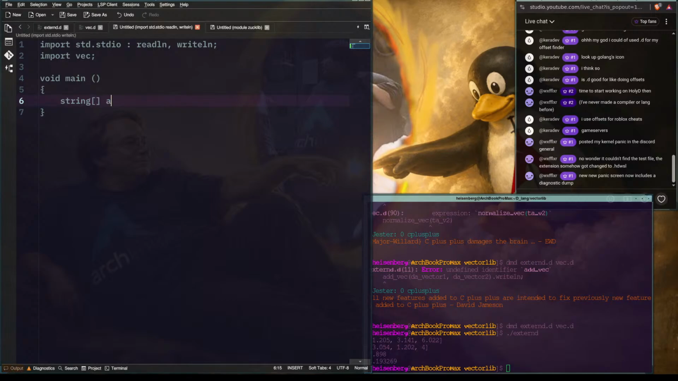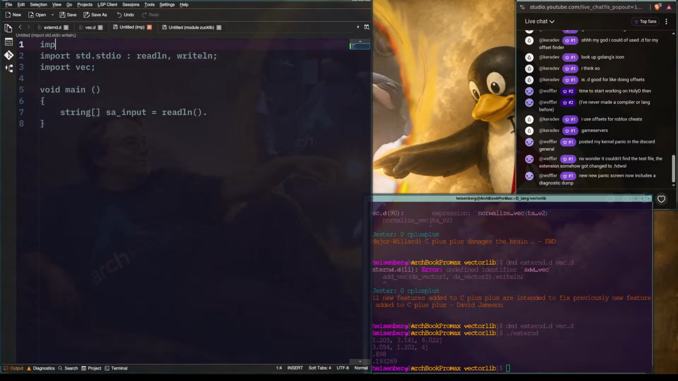String array, input, follow the standard fish syntaxing, equals, then we need to call things. We need to readln dot, and we need to import standard.algorithm colon splitter,